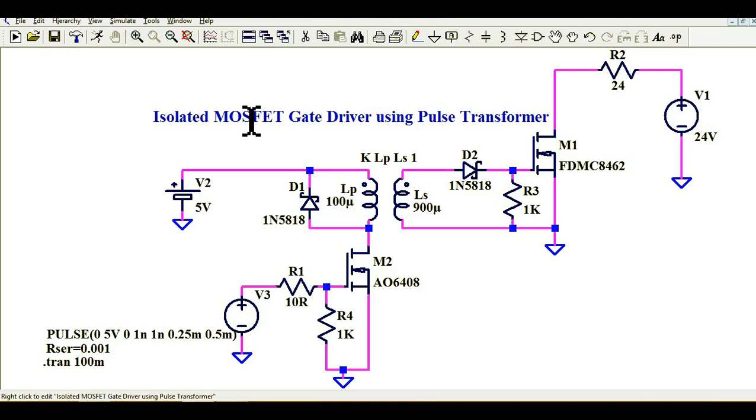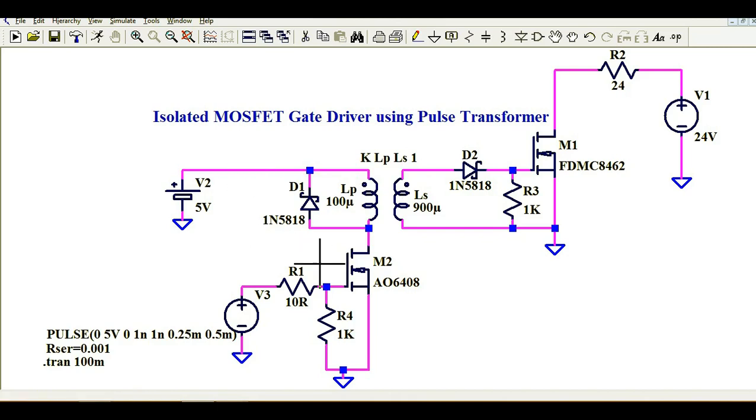So today we are going to learn about the isolated MOSFET gate driver by using pulse transformer design. Okay, so we will design an isolated MOSFET gate driver by using a pulse transformer, right? We will understand how this circuit works, and I'll also run the simulation and show you the waveform, what